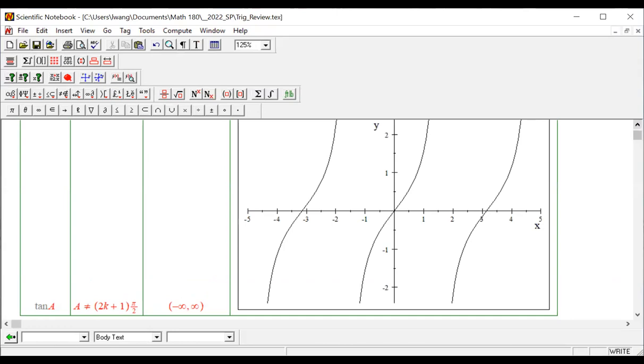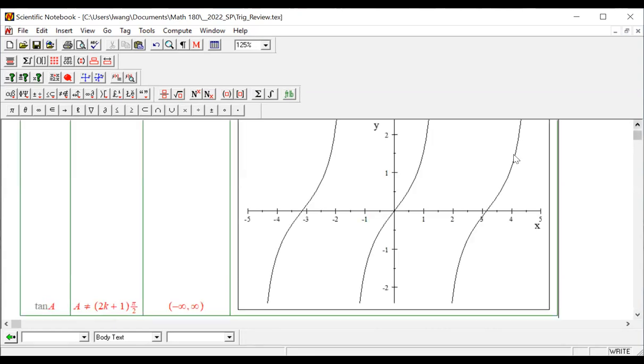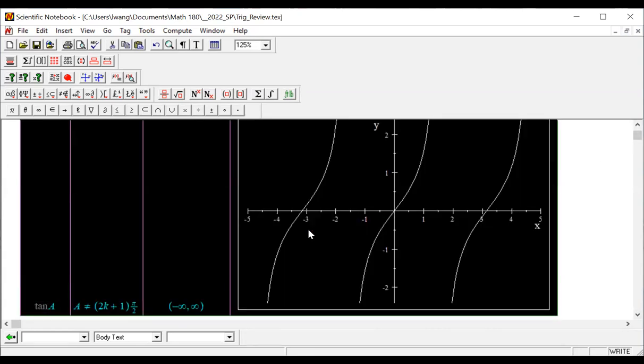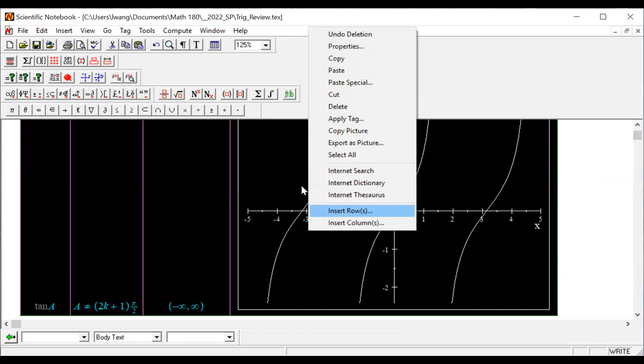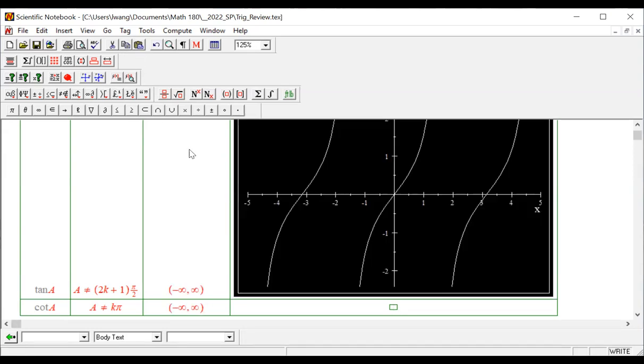the arc sine, arc cosine, and arc tangent. These functions are very commonly used. Maybe we should add the cotangent. Okay, cotangent: the domain is that it can be any real number but multiples of pi. It cannot be any multiple of pi. And the range is from negative infinity to positive infinity. And the curve,